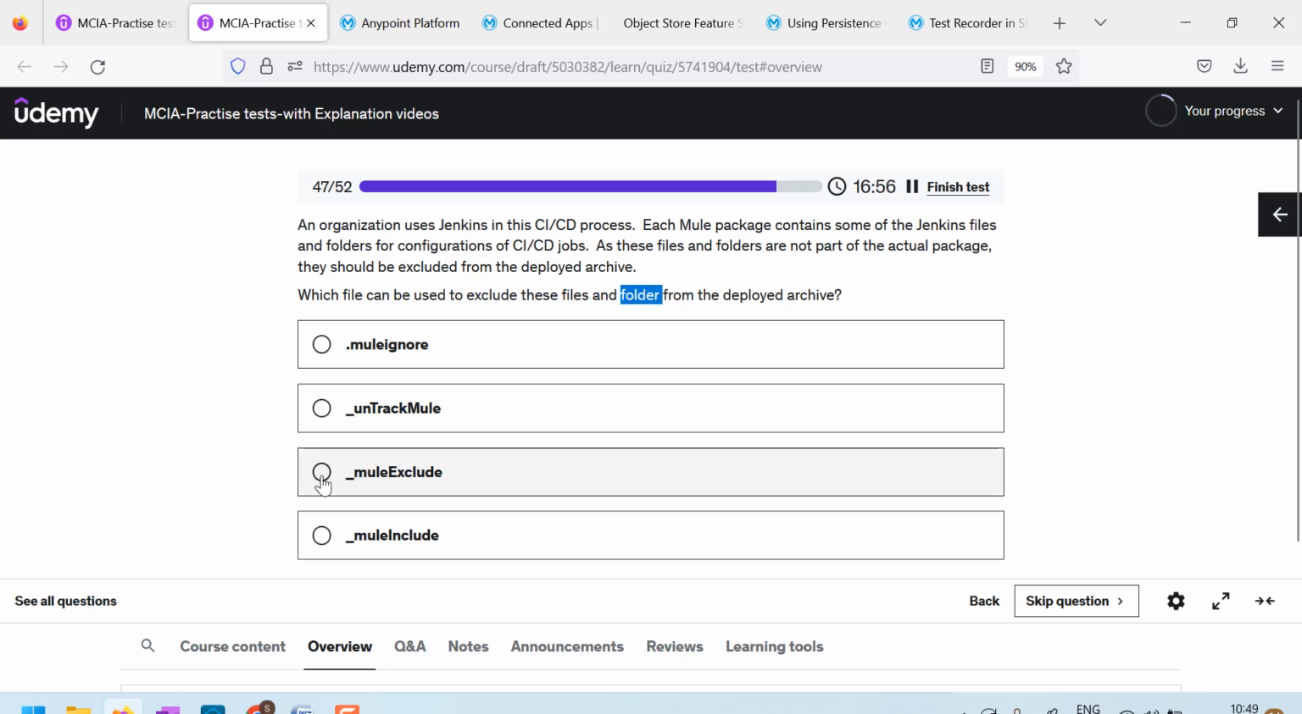The option is underscore mule exclude. I've seen the documentation clearly. Underscore mule exclude should be used. This file should be used to exclude the files and folders from the deployable archive. This is the exact answer. Okay. Next,